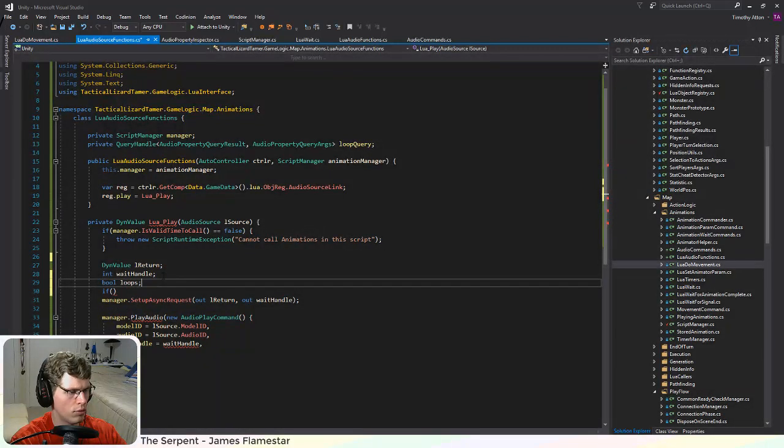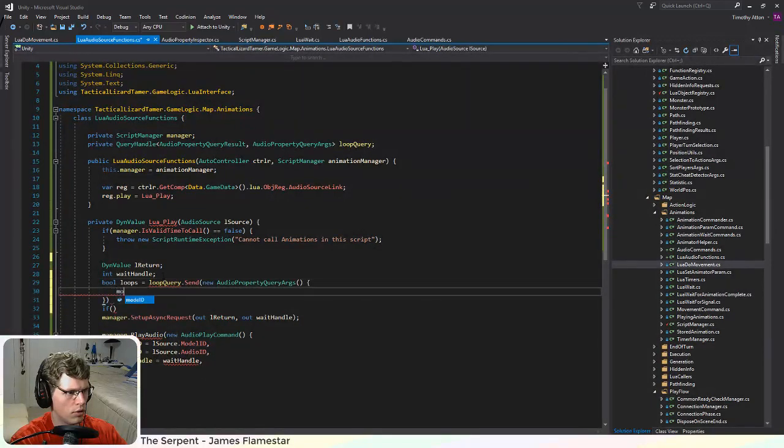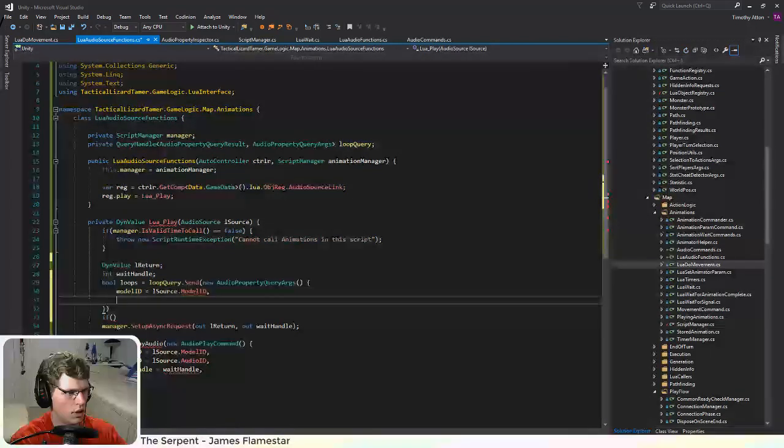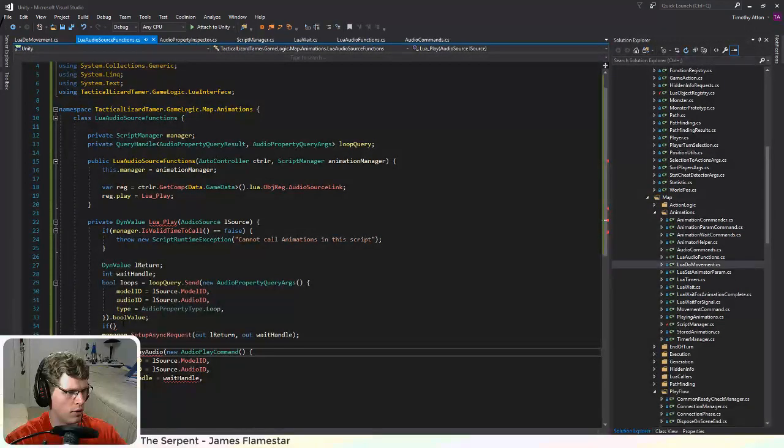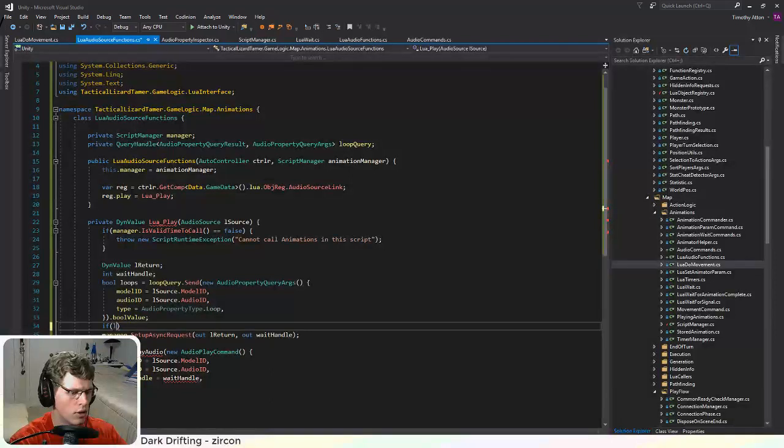Bool loops equals loop query send new args. So we have the model ID from the source and the audio ID as well. And then I just need to send a type. And then the bool value we get back is whether it loops or not. And so if loops,